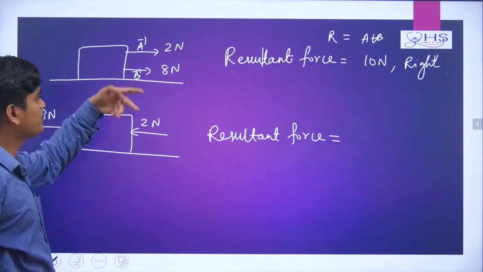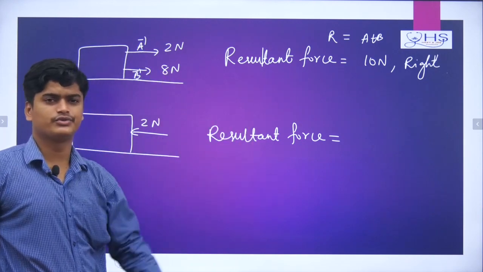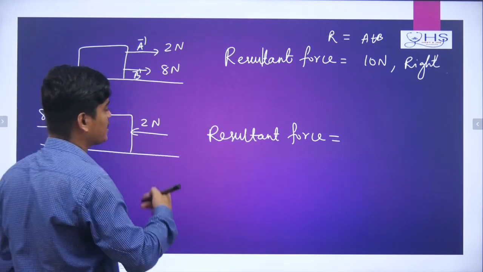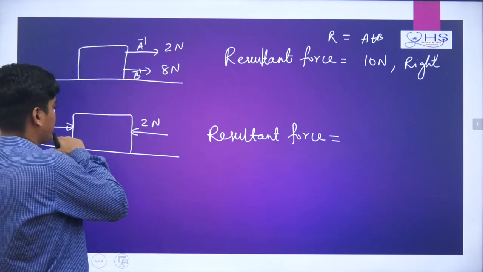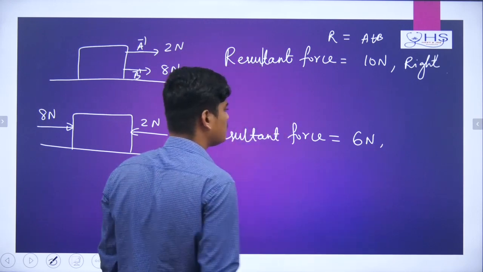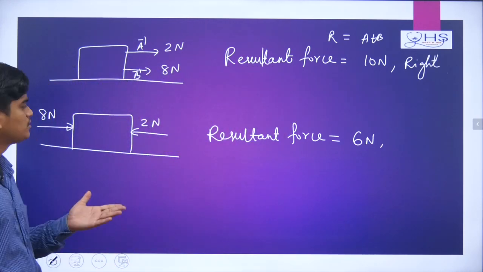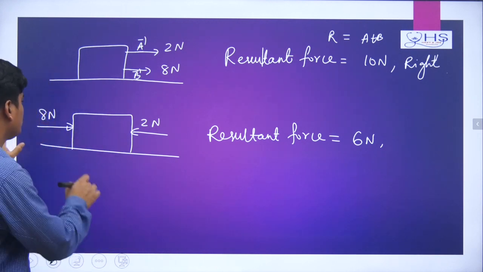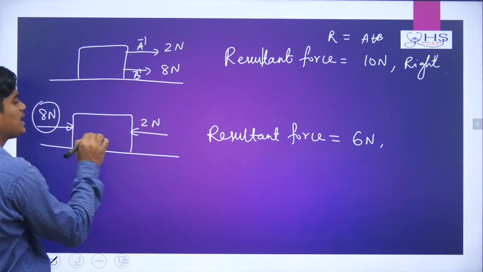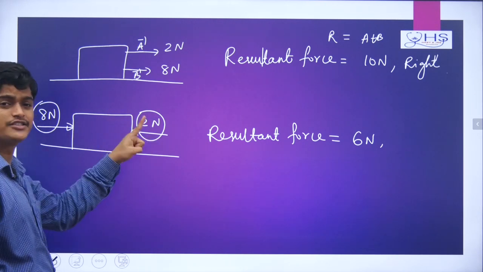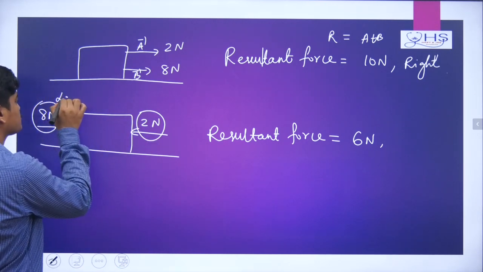And directions, remember, if both vectors are in the same direction, then you have to do it this way. Now it is 8 Newton, 2 Newton. Now the resultant force you have to find. How to find? 8 minus 2, which is basically 6 Newton. Now which direction, left or right? You have to decide according to the larger force or larger magnitude. Between this 8 Newton and 2 Newton, you check which is the larger force. This is the large force.